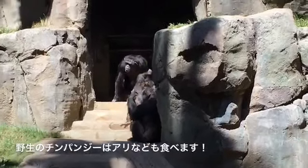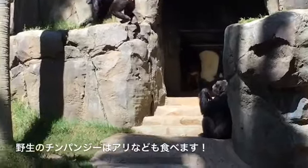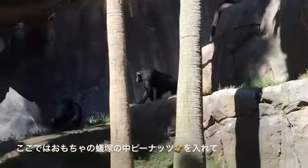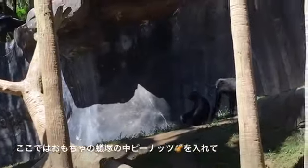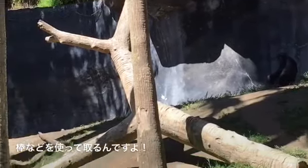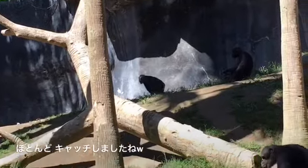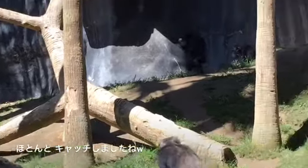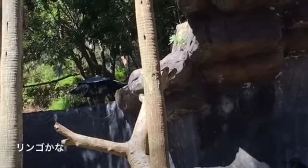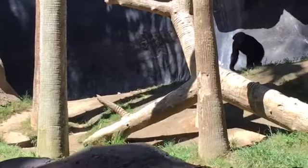All right, looks like our keeper Matt is up there. And so the chimpanzees are going to come on over, and let's see what the chimpanzees get for lunch today. What are they going to get? Let's see. What does he get? What is he doing? Apple. Yeah. Almost caught it. Just put Gracie on the jogging, right? I can't see. All right,